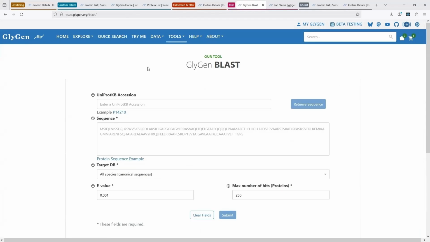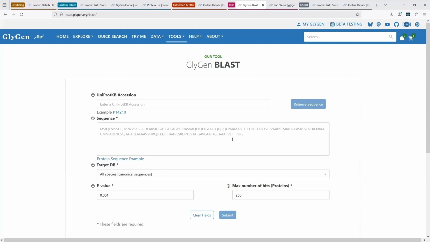So very often we have long-running tasks. For example, a substructure search on GlyGen or a blast search can be relatively slow. And in the past, you had that please wait icon on the screen, and you just had to wait for the job to finish. So for a lot of the long-running tasks, we organize them in a way that we now can run in the background without blocking you from